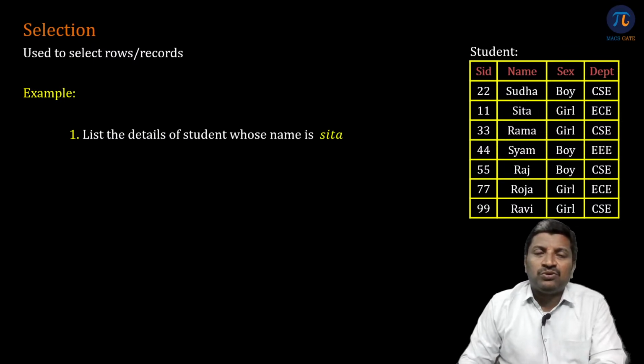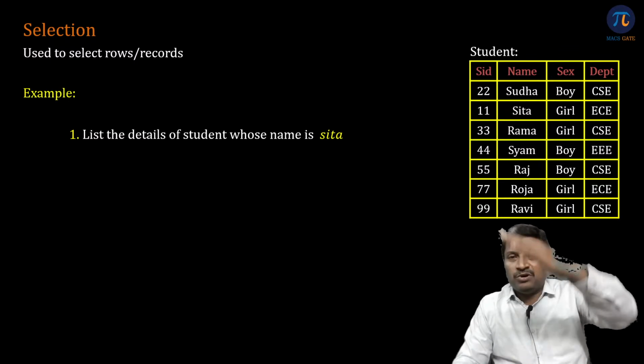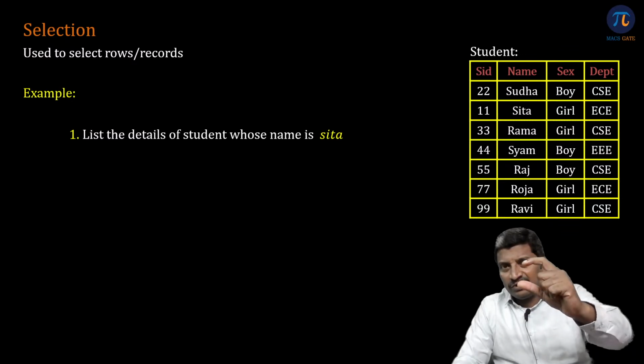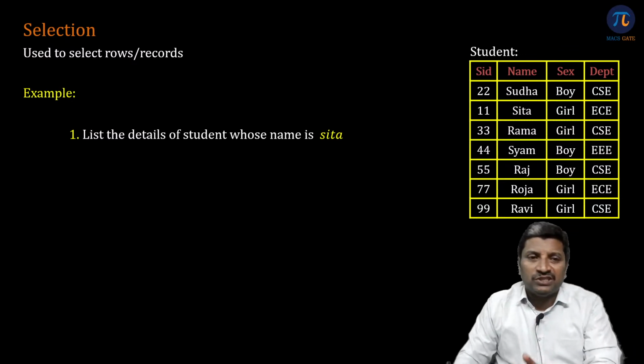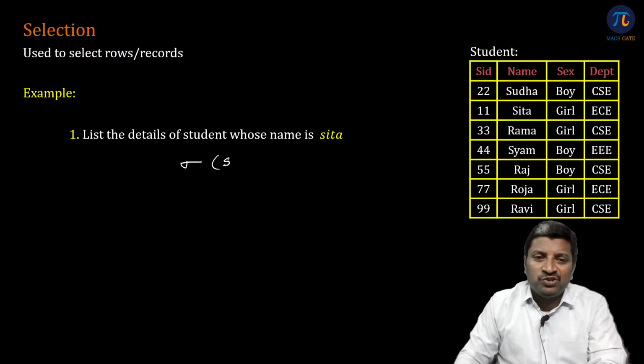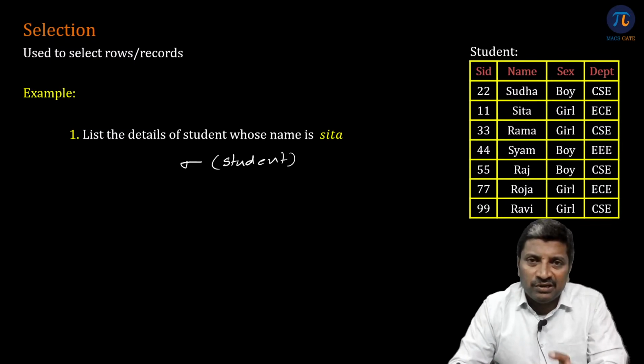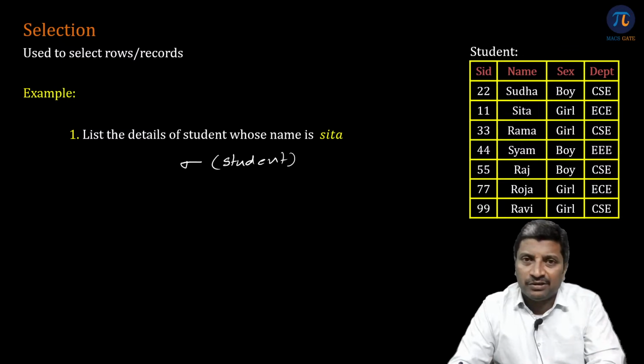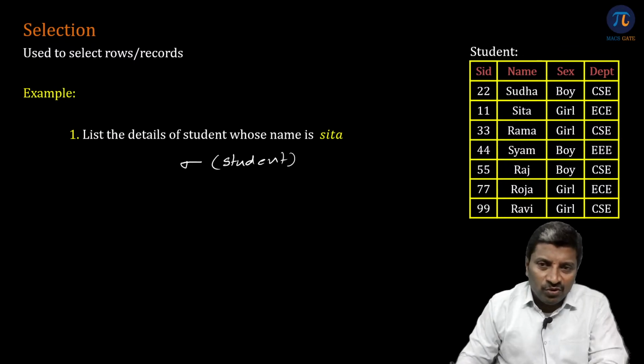Suppose I want to list out all the details of the students whose name is Sita. That means among all the records, I want the records in which name equals Sita. In general, the symbol for selection is sigma. From which table are we selecting? From Student. So sigma of Student. If you write only this expression, it will give all the records of the relation, because we have not specified any condition. Now we know the name equals Sita, so we specify the condition here: name equals